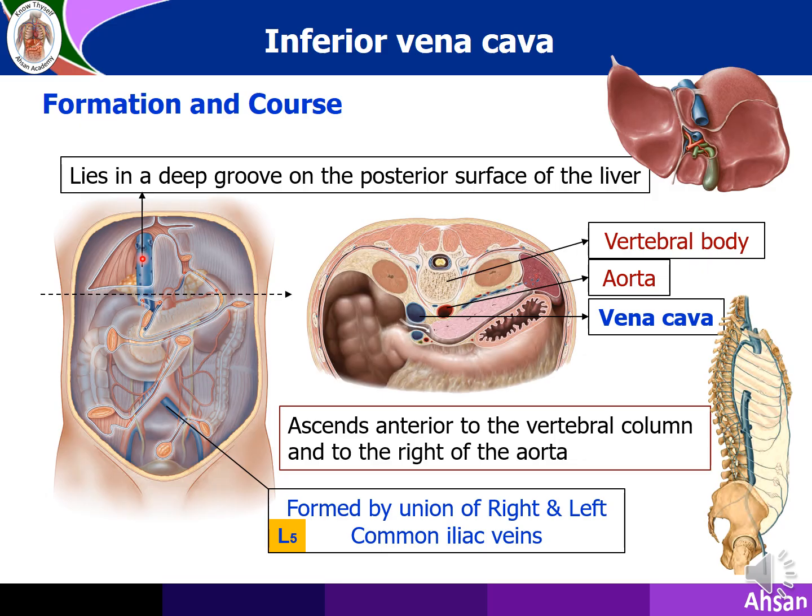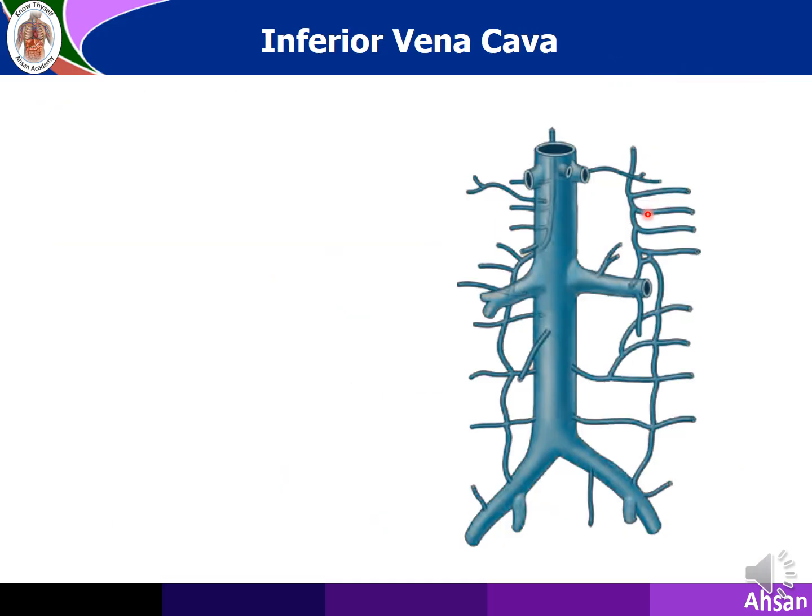Inside this area, this remains in a deep groove inside the lower liver. This is known as the vena caval groove. Sometimes the liver tissue becomes a continuous bar, and the vena cava may be within the liver. So this important relation has some clinical significance. Let us go for the tributaries of the vena cava.